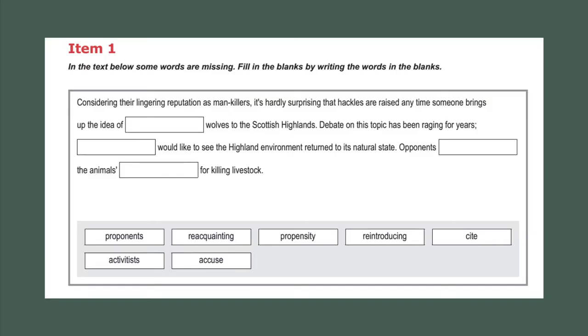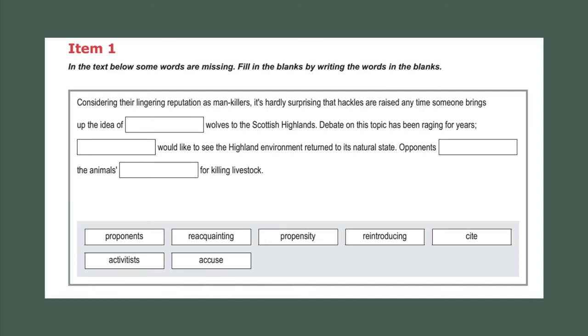So this is the test screen that you will see. You can see here a paragraph and there are many blank spaces in it. Here there are 4 blank spaces and there will be options more than the number of blank spaces. It's just to confuse you. So make sure you choose the correct option, and even if you did not do that, there is no worry because there is no negative marking.